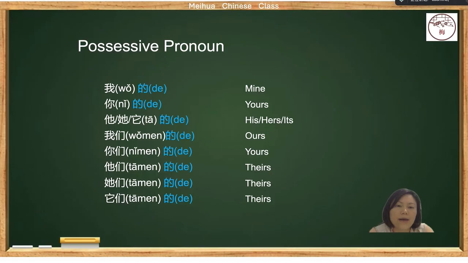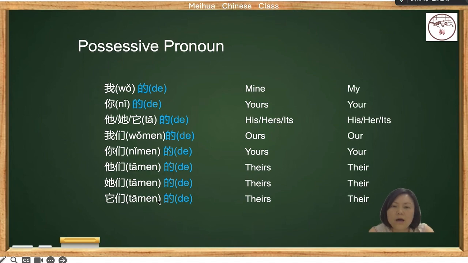By adding a particle later, it changes to possessive pronoun. 我的你的他的我们的你们的他们的